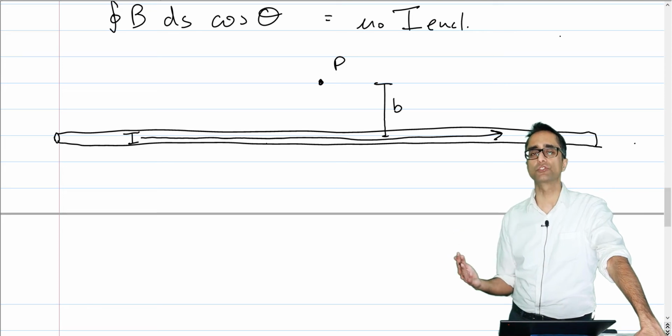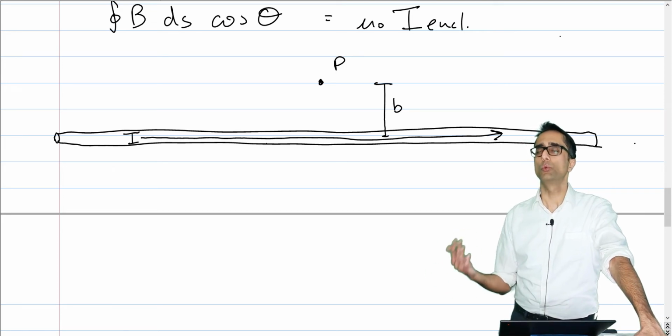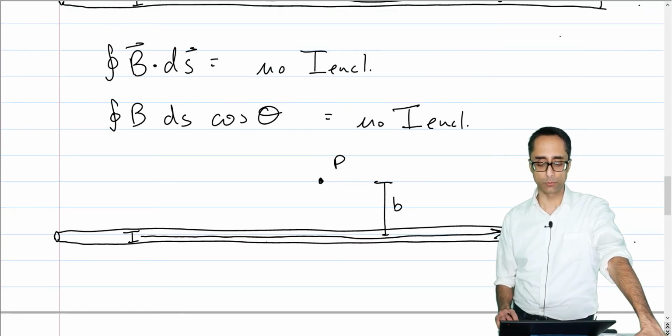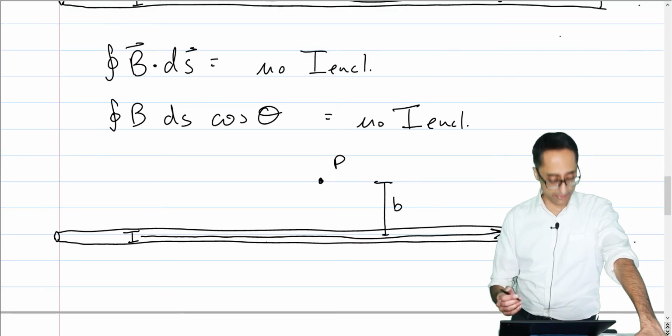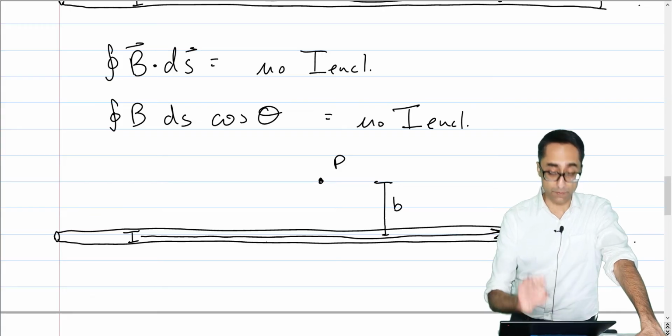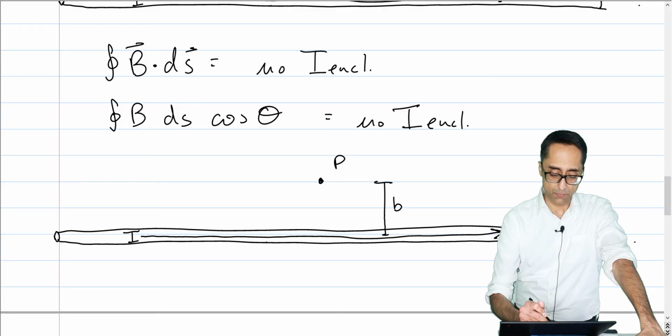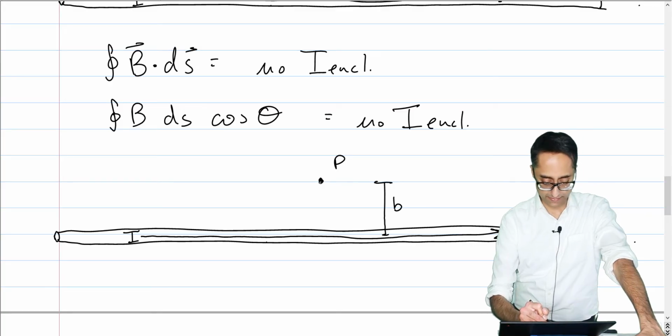I probably should have done this to start with. Just as with Gauss's law, we drew our path first. Here we have to draw our Amperian loop. That should be the first step, just like it was with Gauss's law. But I wanted to show you what I need to find out. And so let's go ahead and